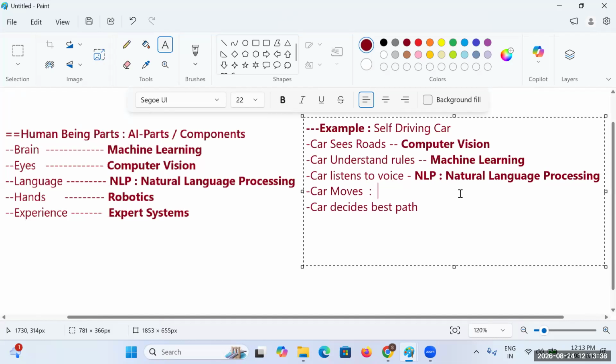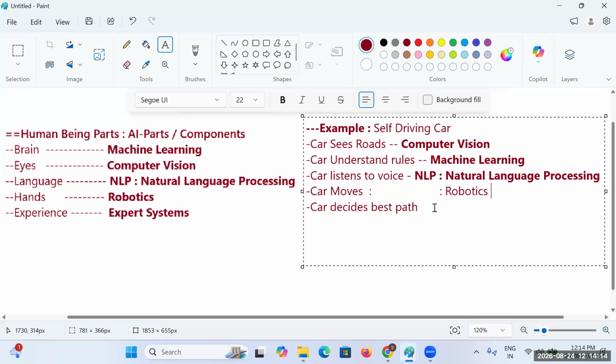Okay, then the car has to move. That particular movement of the car will be taking robotics.